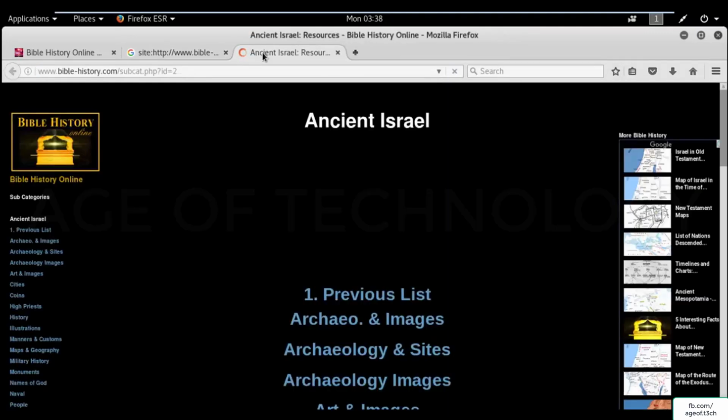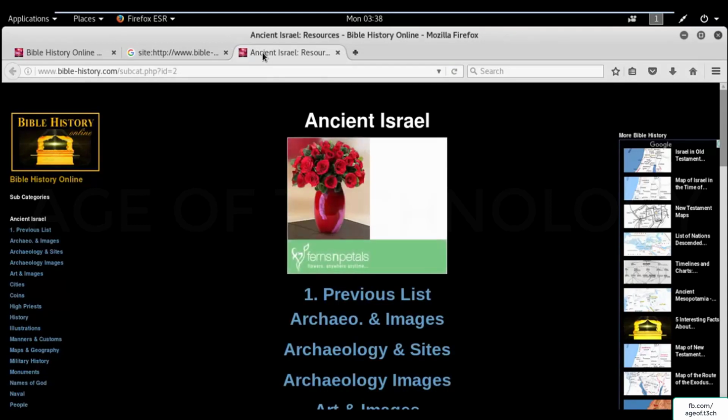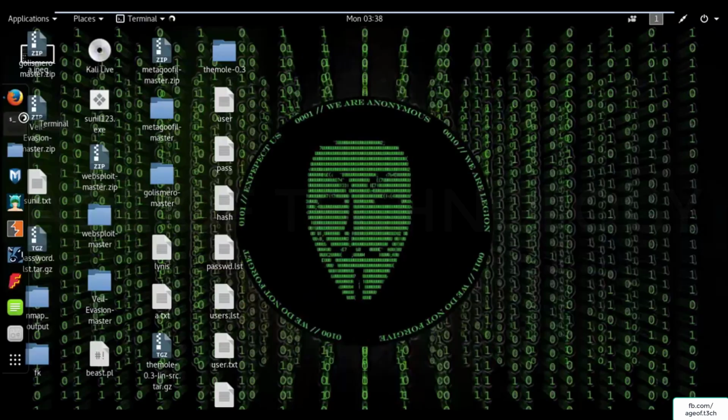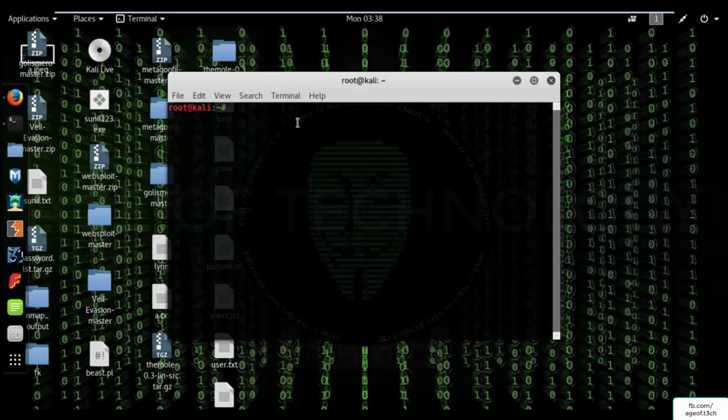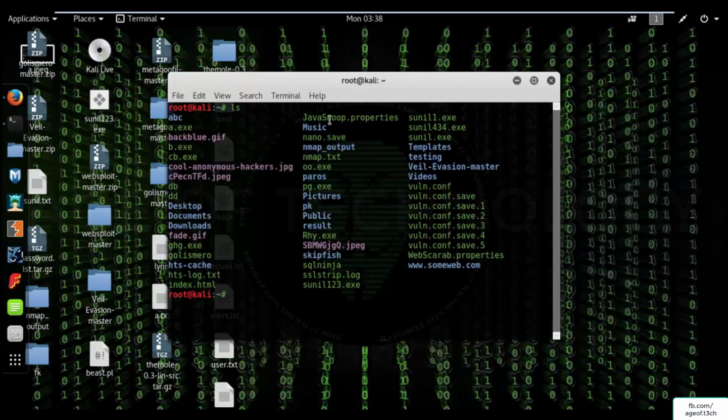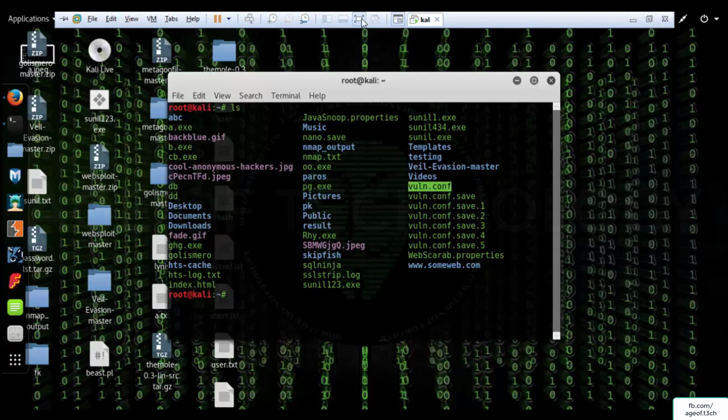So this is the link which we were looking for, and we found out the link, and we will use it in our vuln.conf file. Copy it, minimize, open up the terminal, ls, you will find out the vuln.conf file here. Right,